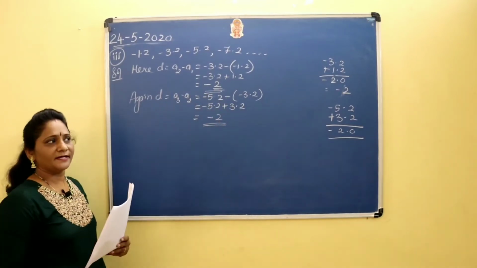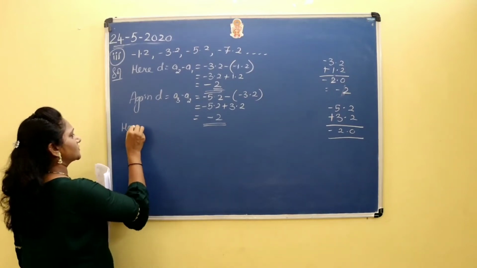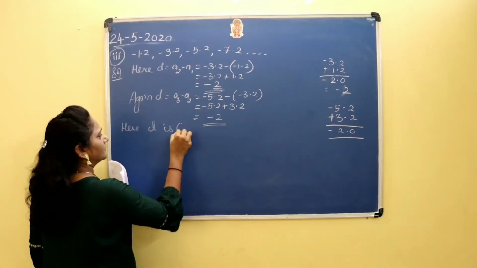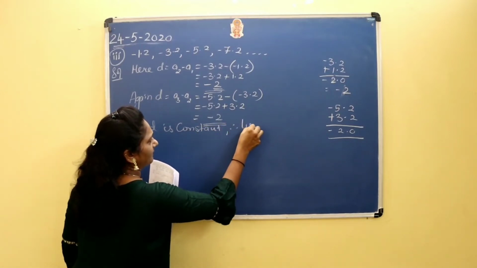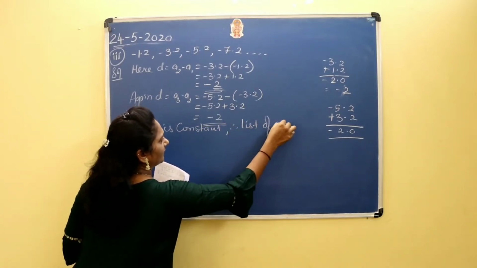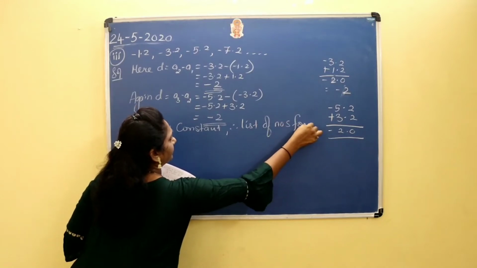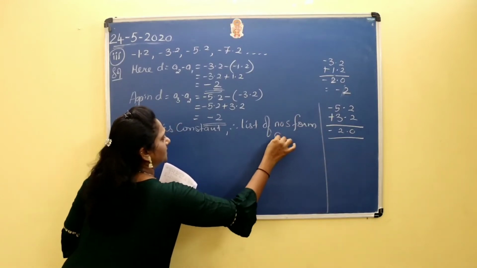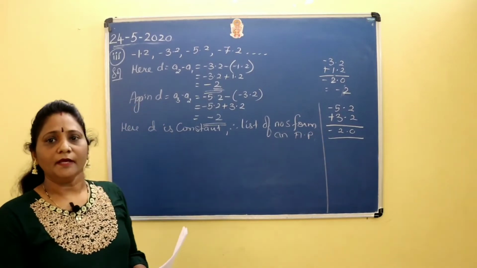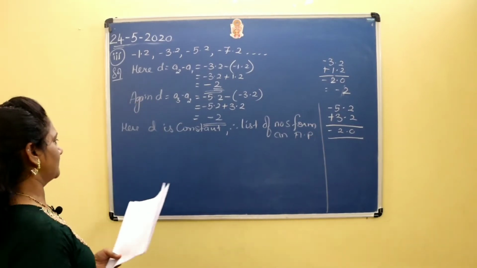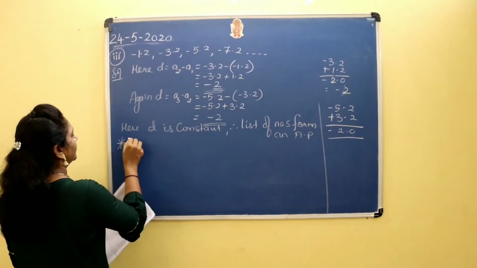So you have D on both the sides minus 2. Here D is constant. Therefore, the list of numbers forms an AP. If they form an AP, we have to find out the next 3 terms. Therefore, the next 3 terms are